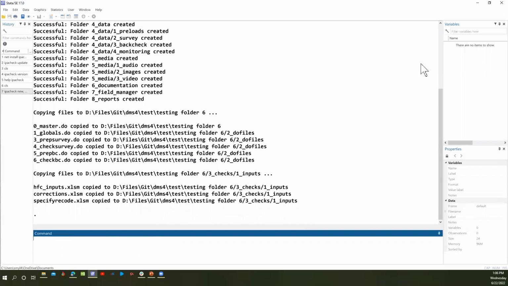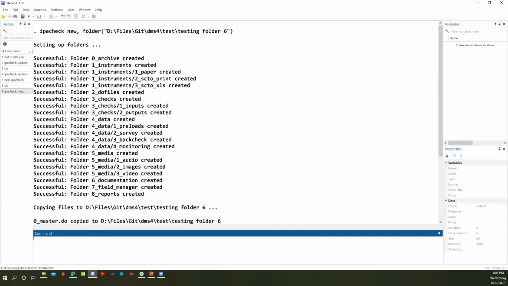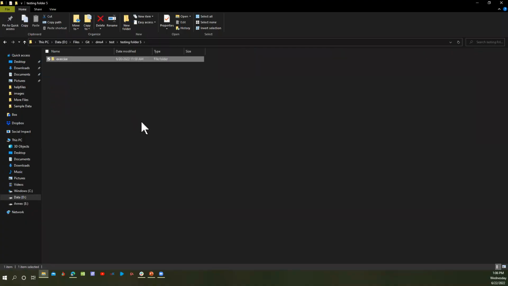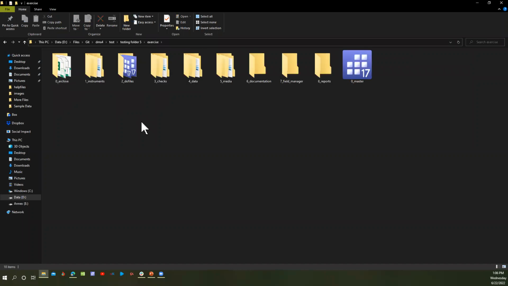Okay, great. So now I will go in and then we will walk through the folder structure that we have. All right, so this is a folder structure that I already set up, and I set up a DMS to demonstrate how it works. So I'm just going to go through this folder structure. I based this on the exercise that is on the GitHub repository.